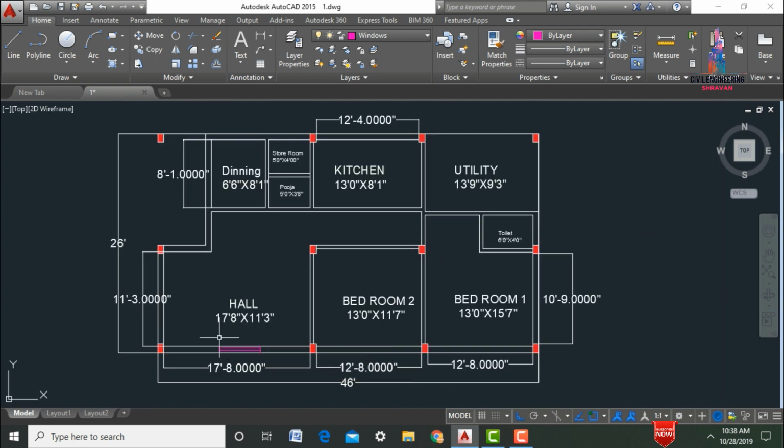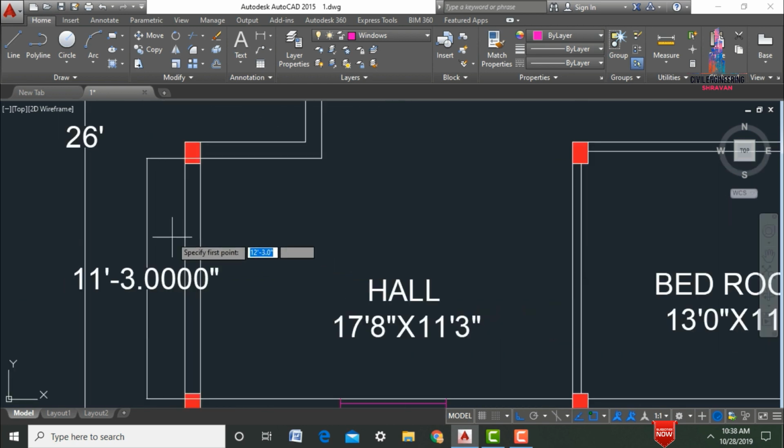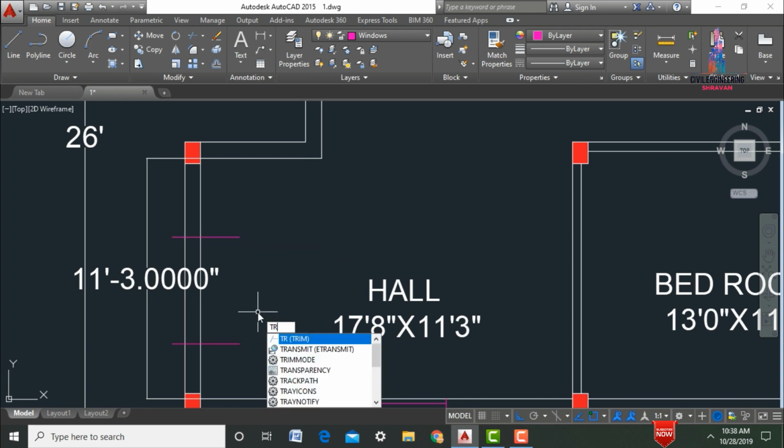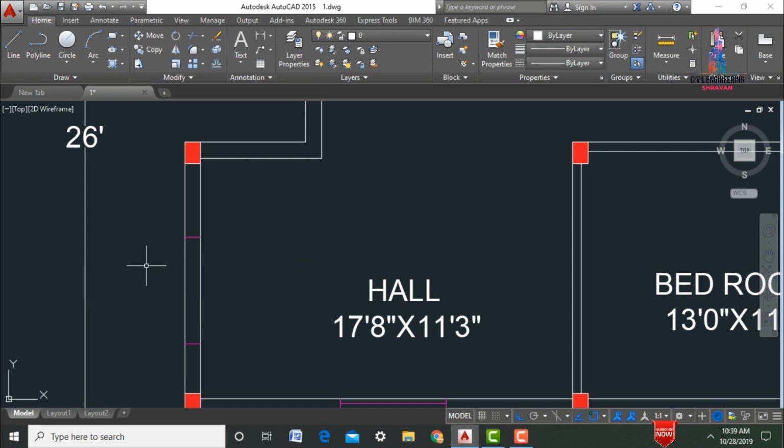In the similar way we need to draw the windows for the remaining section also. So here I'm drawing remaining section window. So here I'm specifying first point, second point. Again select offset command, O enter, 5 feet 0 inches enter. Select this point. So here we need to draw the offset here. Now we need to trim extra portion, TR double enter here. Select the point, again select this point. Now I am deleting this respected distance.